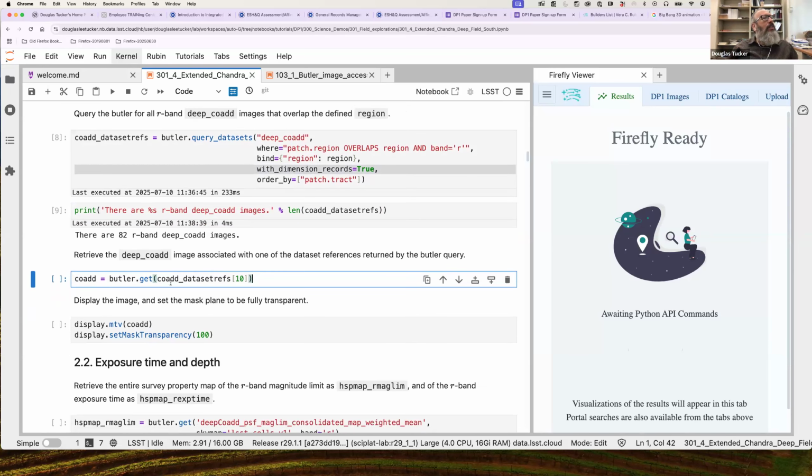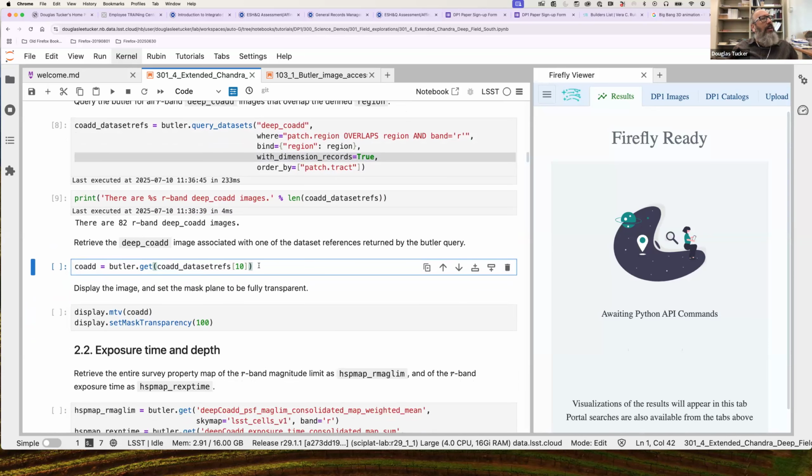Now you can use the butler to grab the images associated with these. We'll just grab a single one. There's 82. We'll grab the 10th, with the zero-indexed method. So I guess the 11th, but Python is zero-based, so you start counting from 0. We'll grab dimension record 10. We'll grab the images, so image information, the deep coadd image and its information for that particular